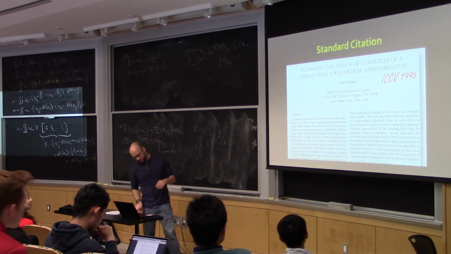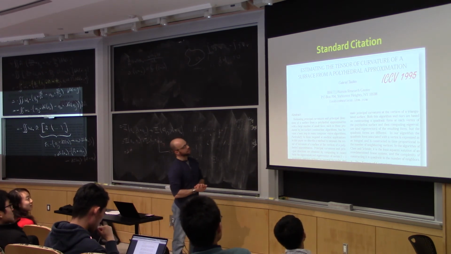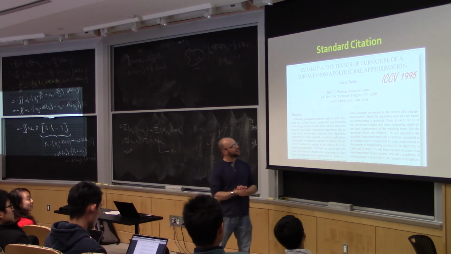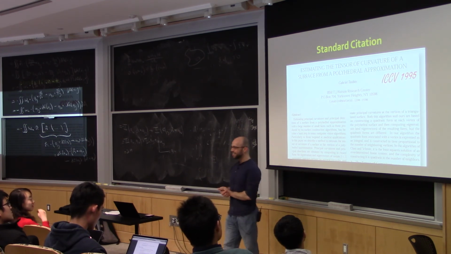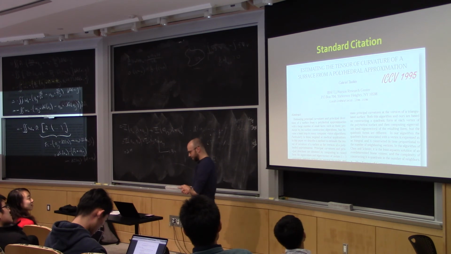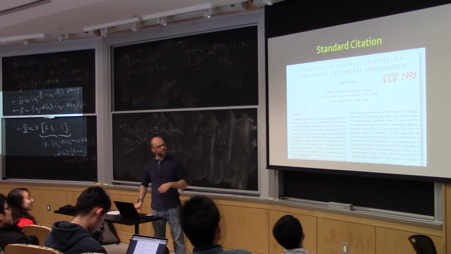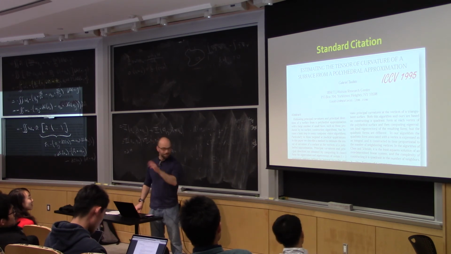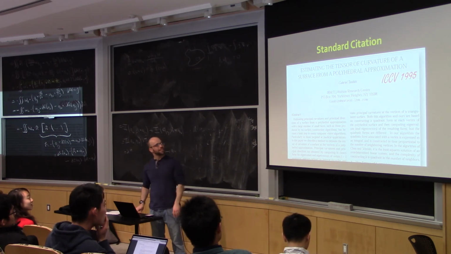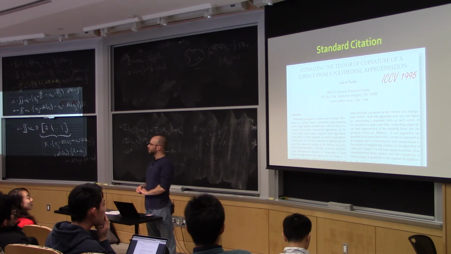Okay, so the standard citation for computing curvature goes to Gabriel Taubin, who, oh, look at that, I didn't actually realize that. He was at IBM Watson, so he has a very close connection to IBM, who are now our neighbors here at MIT. Actually, I think now he's a professor at Brown, is that right? In any event, this is the standard method for poorly computing curvature on a triangle mesh.